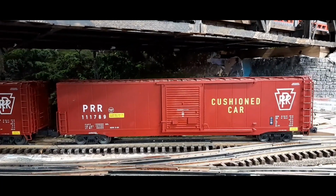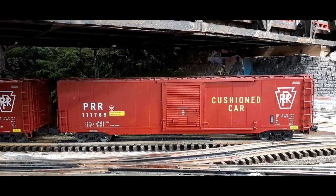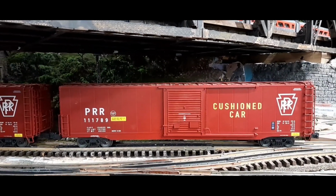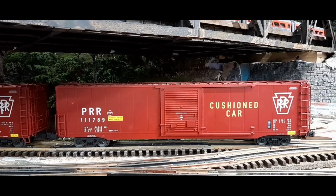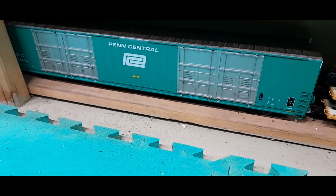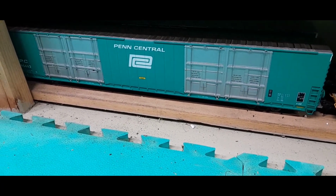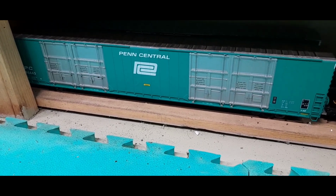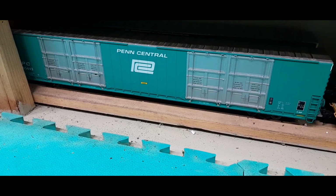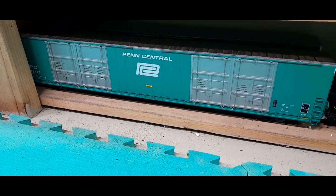Along with that, I believe we also got the Penn Central 86-foot boxcar, and I'll have to grab a picture of that as well. Alright, it's tucked here in its shelf, but that was the 86-foot Penn Central boxcar with the double doors. And it's a nice car. I was running that at the beginning of the year